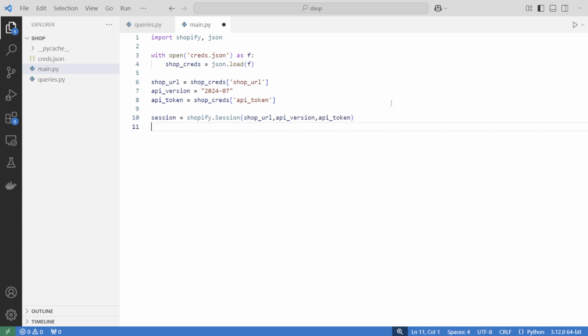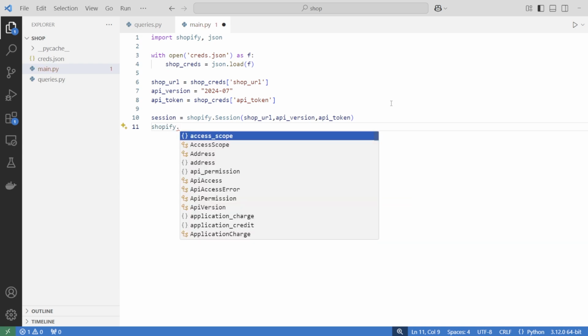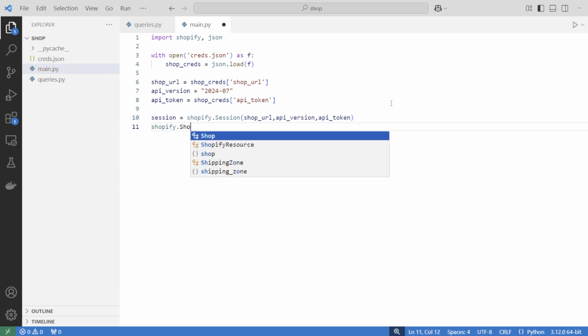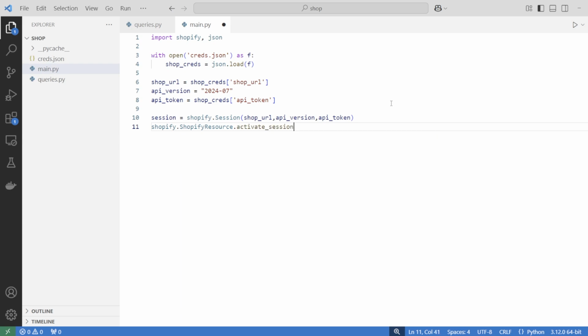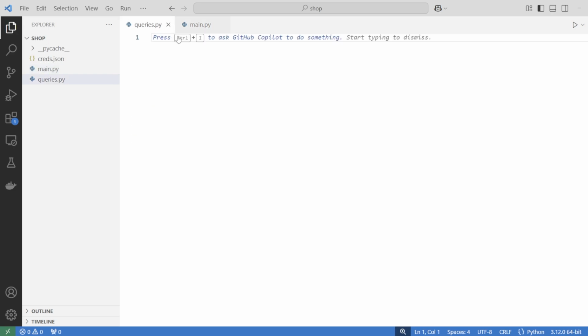And then we need to activate the session, and we do that. We'll type Shopify resource activate session, and we're going to pass through the session. Okay, and so we're ready to make our first call, but before we do that, we're going to need to write our query. So we'll go back to the Python query file, and I'm going to open up the main